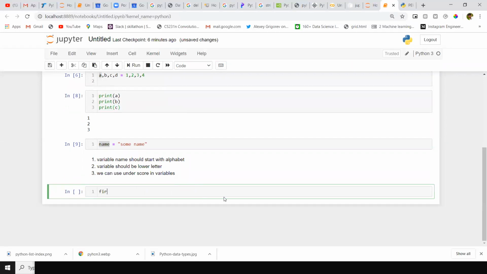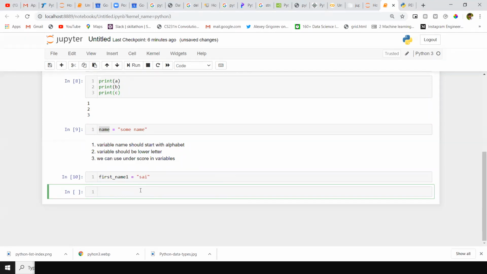Or suppose I want to separate this: first_name equal to Sai. Here I will use an underscore. We can use strings and underscores to define a variable. Even at the end, you can use a number as well, but it should not start with a number. A variable should not start with a number, like 1first_name.